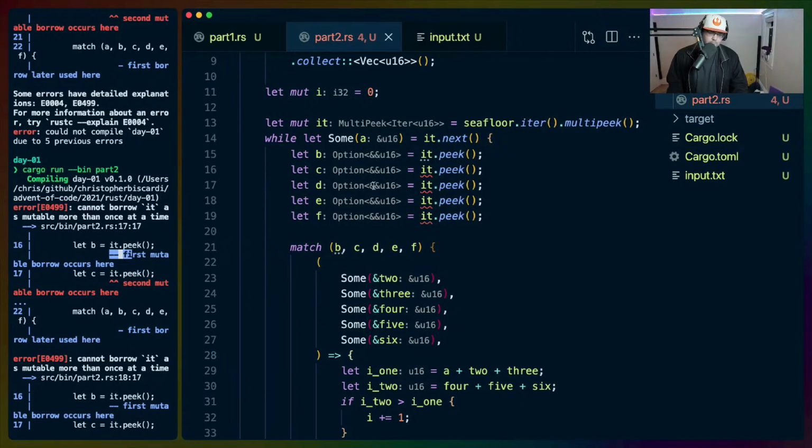Same problem. As always. WTF. So the match borrows, which for some reason extends this mutable borrow, which we don't need it to do.